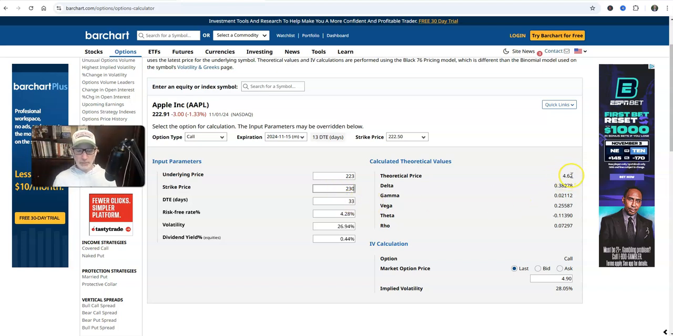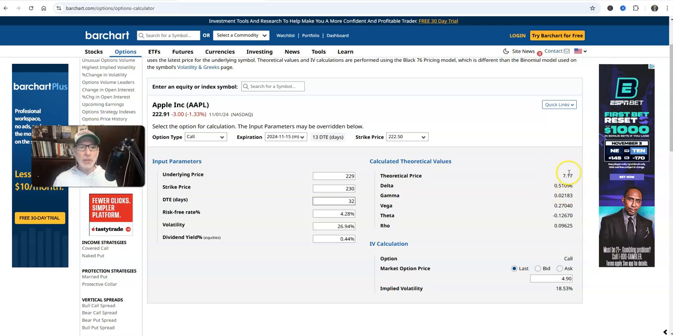And in this case, it's $4.62 that the option costs, $462. So what happens if Apple jumps up to $229 in one day, the next day? Okay, let's take this down to 32. Now that call option's worth $7.17 per contract. You bought it for $4.58 roughly. So you just made yourself